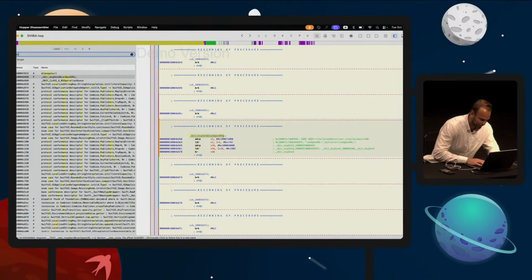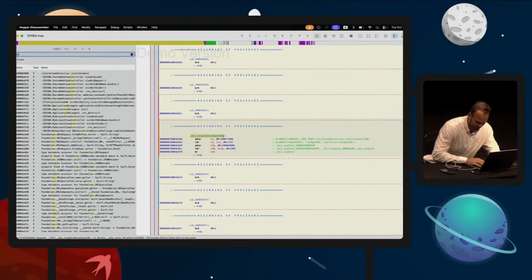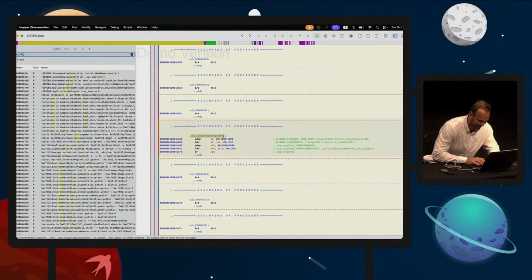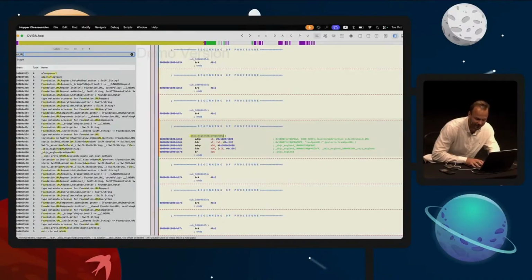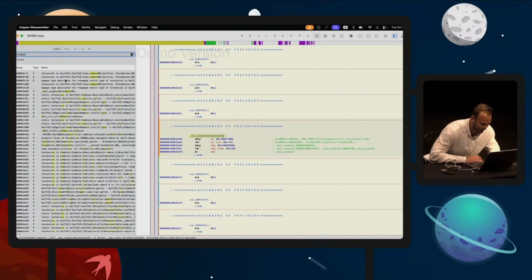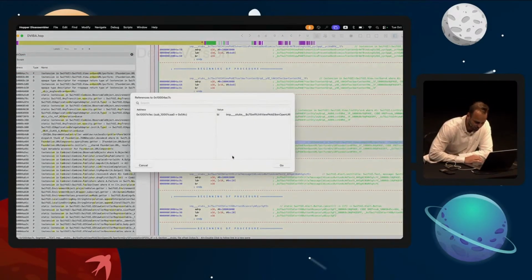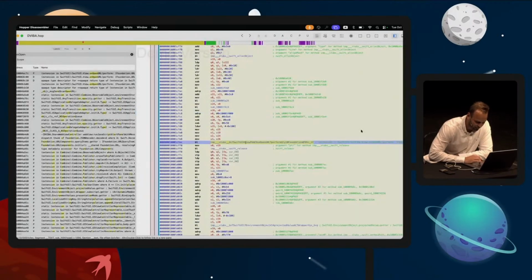I wanted to show you the one in Swift, and I think it's onCan, onURL. Sorry? OnOpen. Yeah, that's the one. So it's this one, and this is the symbol that basically goes to SwiftUI. And now I can have a look where it's called. And this is basically where the function is implemented.